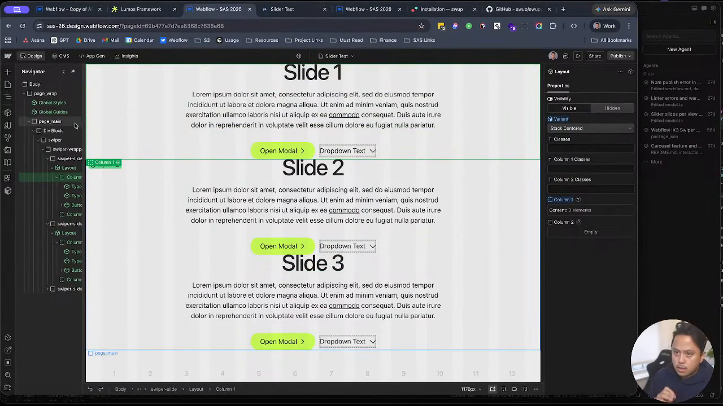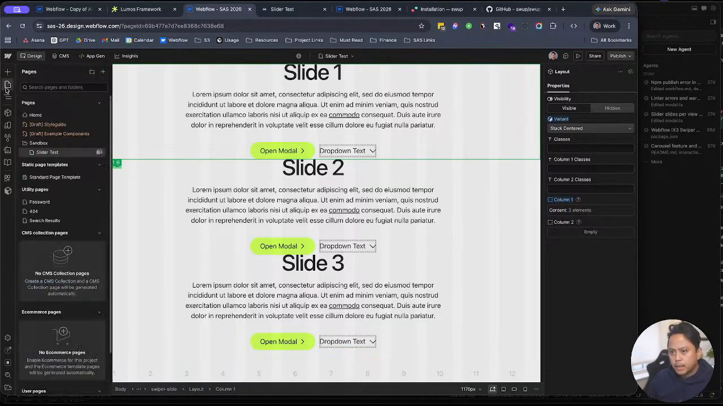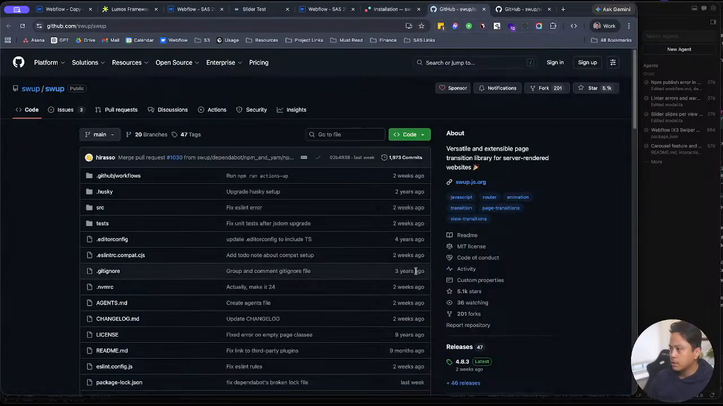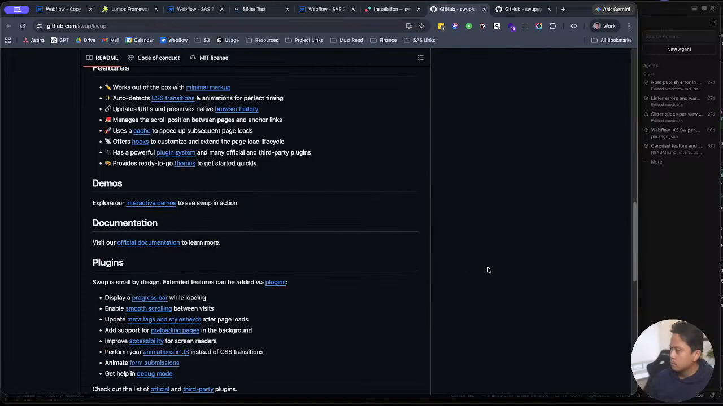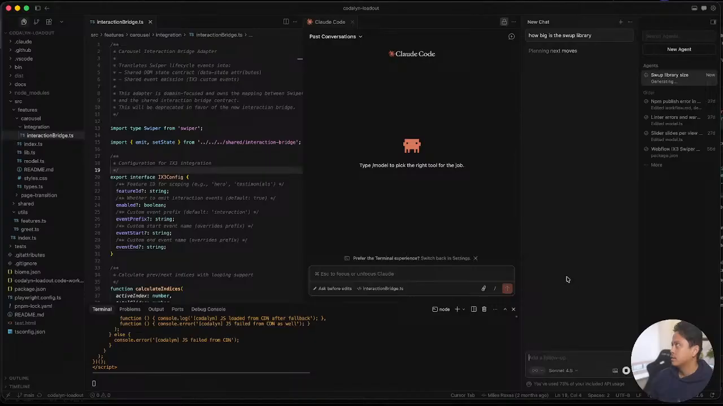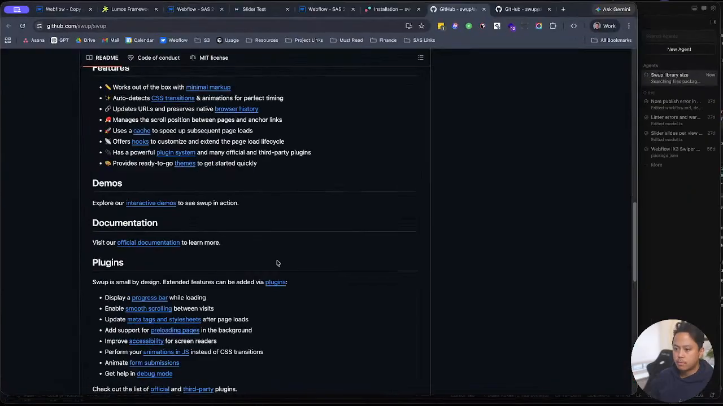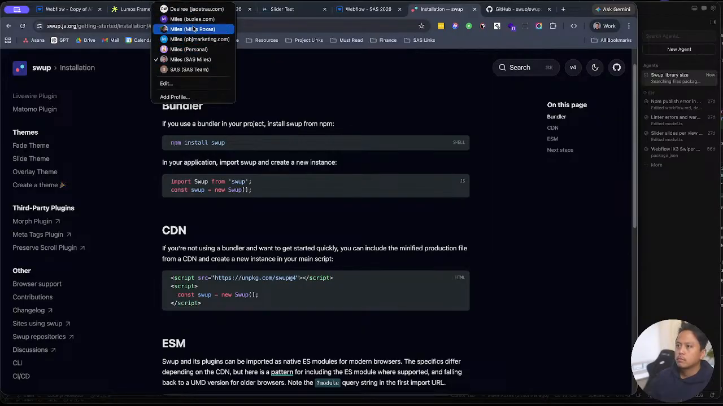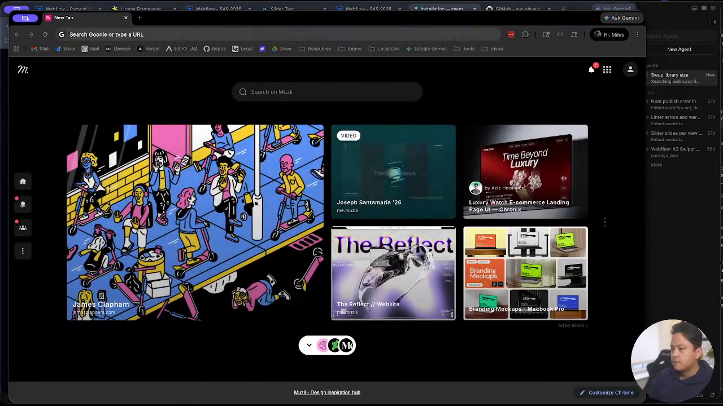So I think the animation library is going to be GSAP, and the transition will be view transitions, maybe swap, if I could figure out how big this library is. Just gonna burn through some tokens asking a really stupid question there. Let me find